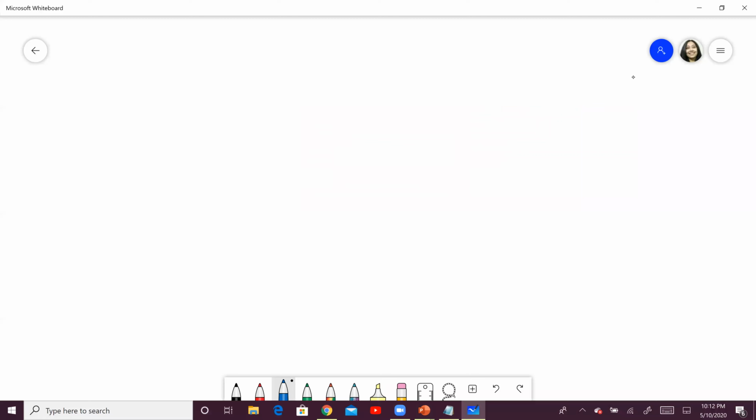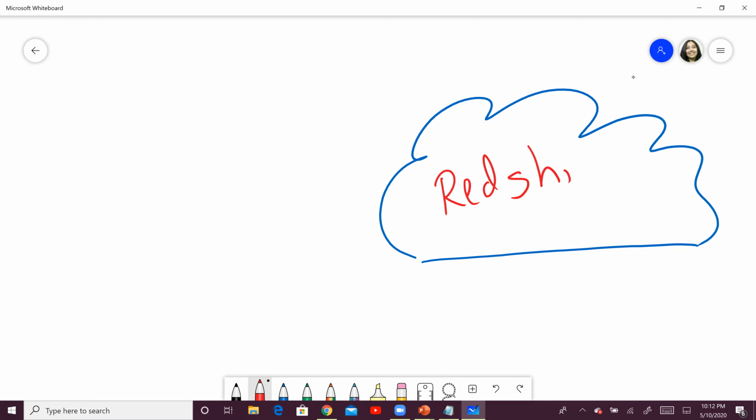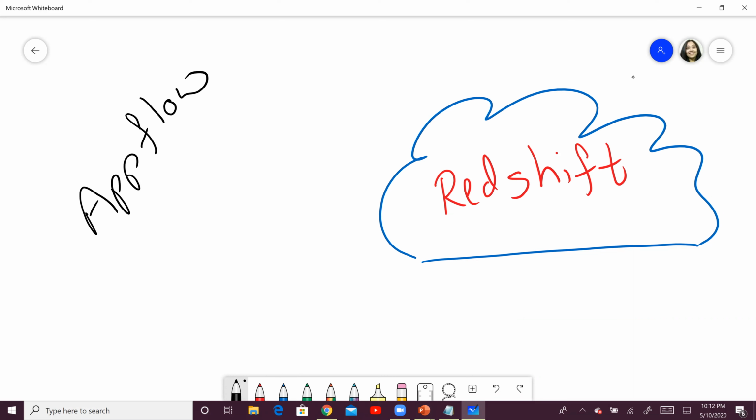So this is my whiteboard, right? Let's say that this is your VPC. In this VPC, you have Redshift, right? This is AppFlow. This AppFlow is outside your VPC.